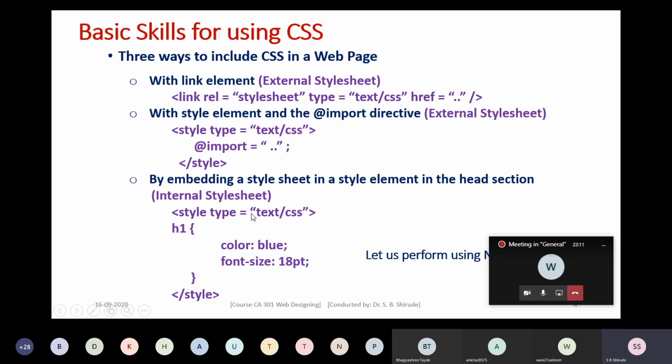Style type is equal to text slash css, choose the element to which you want to apply the rule. So H1, for example, color blue, font size 18 point, and then close this block of the style sheet and close the style element. So your H1 element will have these rules applied and will be rendered accordingly.